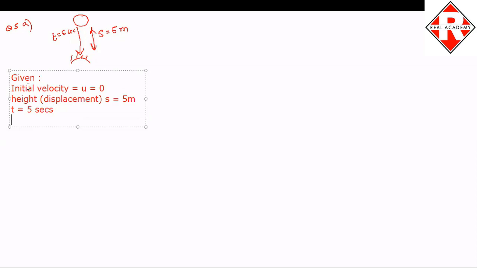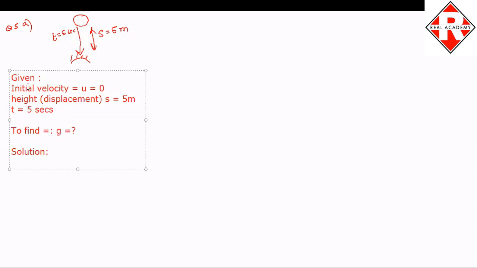In this particular case, this object is experiencing a free fall because no other forces are mentioned. We want to find G, that is force of gravity, acceleration due to gravity, right? So what is to be found? To find is G. What is G's value? So how do you find it? The solution is we'll have to apply one of the kinematic equations.